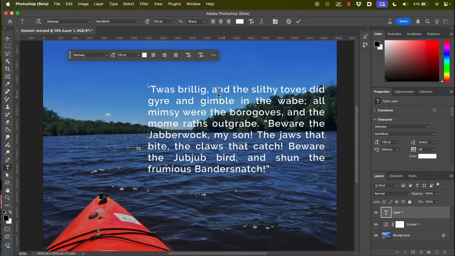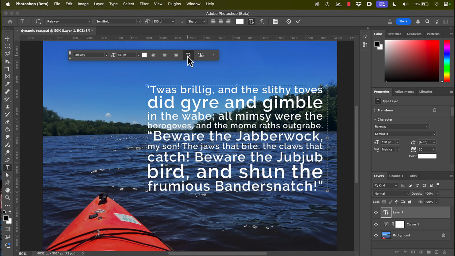Whether it's on this floating palette or on the regular bar up on top, you notice that as long as I have the type tool selected, there's this little option there with the lightning bolt. Now, if I roll the mouse pointer over it, you can see the little pop-up help showing toggle dynamic text. And it's the same thing here. So I'm going to click it, and look at that. It gives us this kind of interesting look.